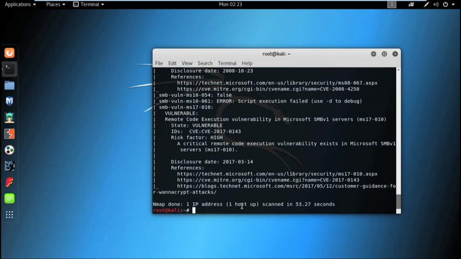To exploit this machine we use the tool or framework Metasploit. Before going to the Metasploit framework, we will now discuss some basic terminology. First, vulnerability. We already discussed vulnerability, again I will give a short description.